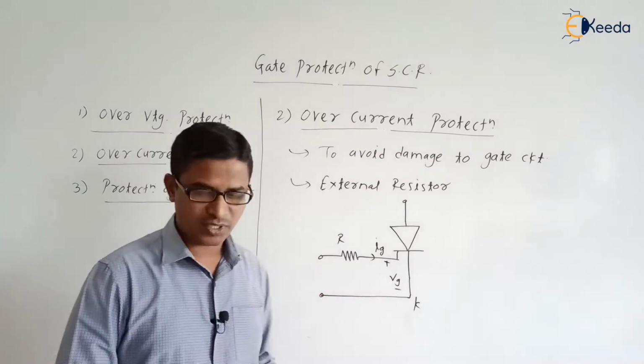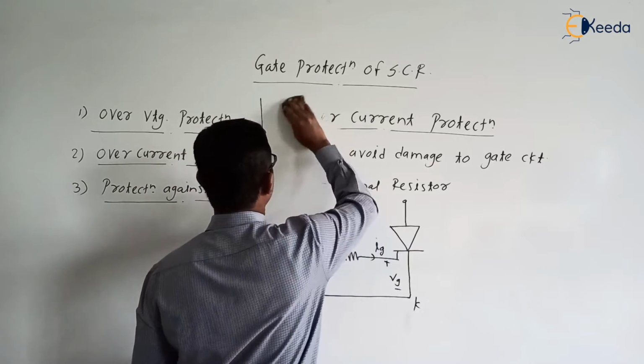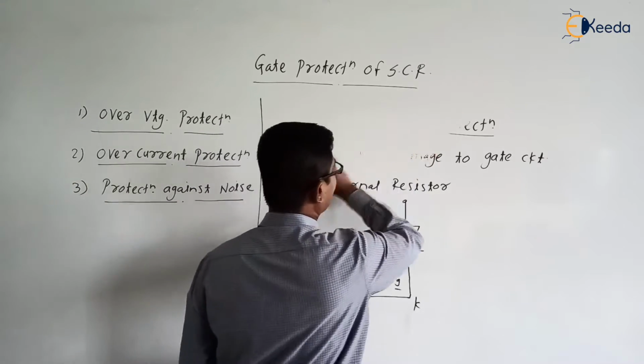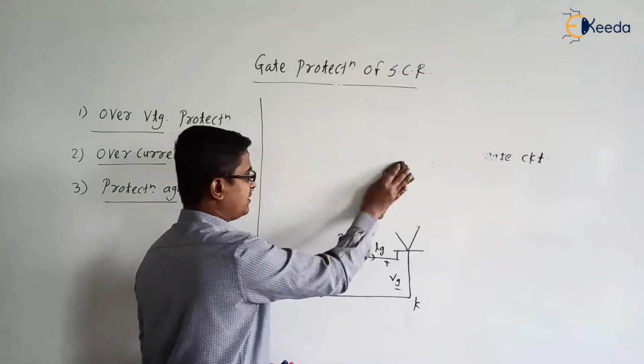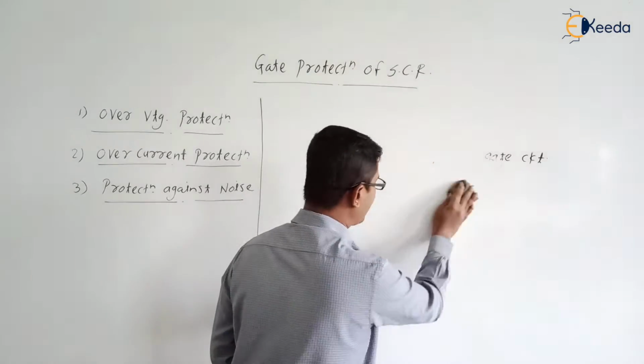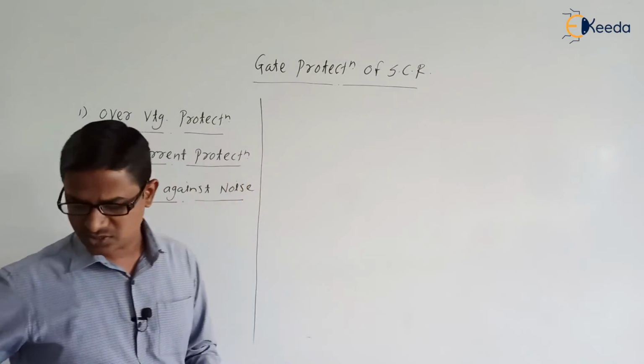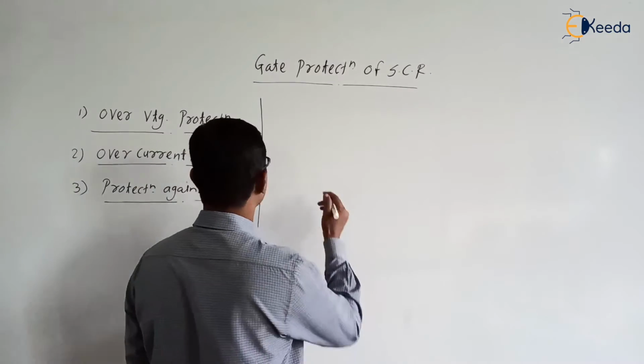Next one is protection against the noise signal. First, why is protection against the noise signal required in the gate cathode circuitry? As we know, or you might have studied, the concept of transducer,